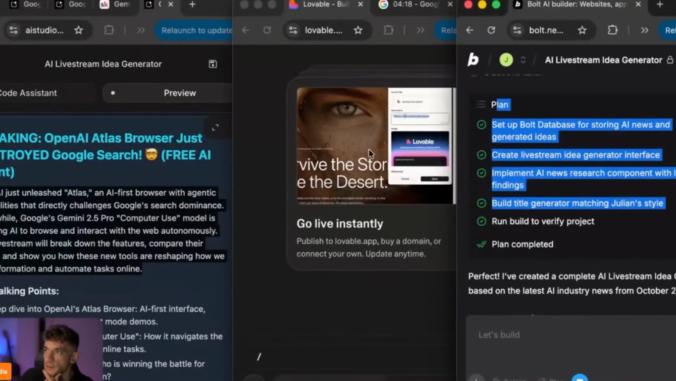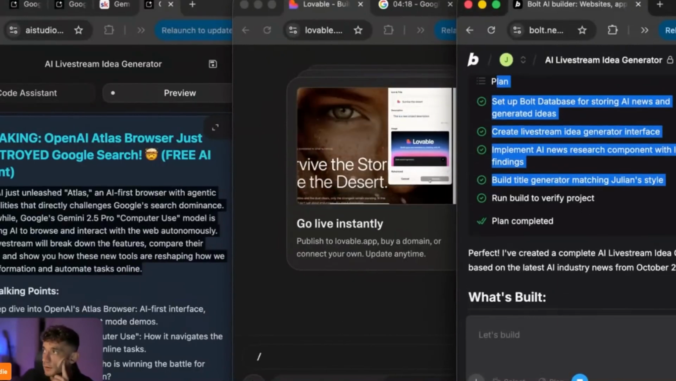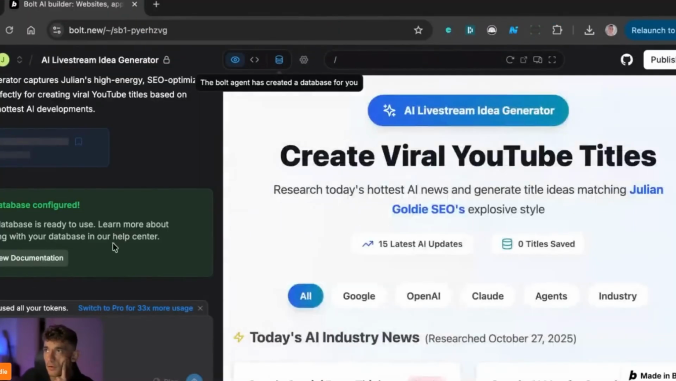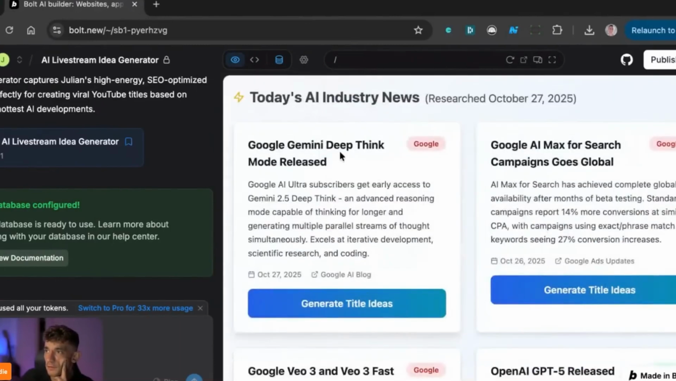So Bolt has actually beaten Lovable in terms of speed. Let's have a look at what we've got on the tool. So Bolt has created the database. It's given us some ideas. This is pretty good, to be fair. If you look, it's given us the date and the source,